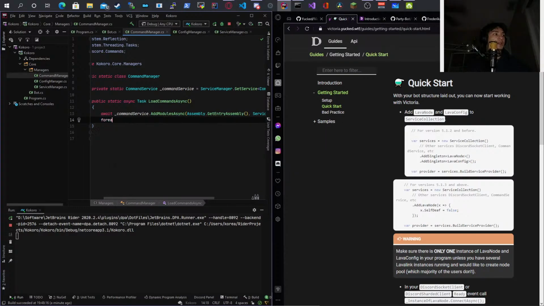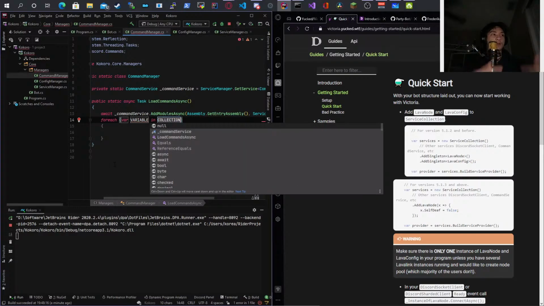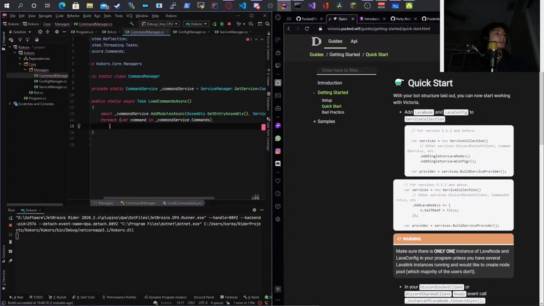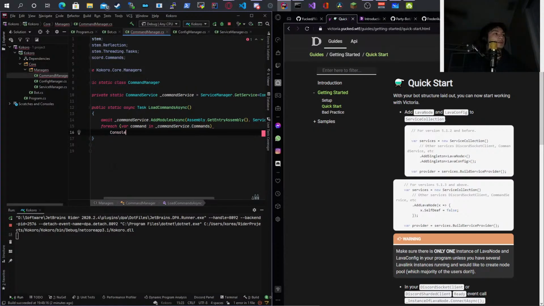What I'm going to do is a foreach, so I'm going to have the foreach tell me what commands were loaded. So now I can do commandService.Commands, command. I don't need braces here because I like doing two lines here. Console.Write, not line. Okay. Need to do the dollar notation because that's how we inject objects into a string. Command, and it's going to be command.Name was loaded. Okay. So there we go.